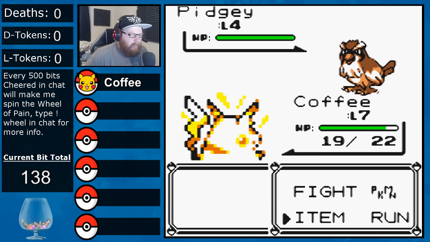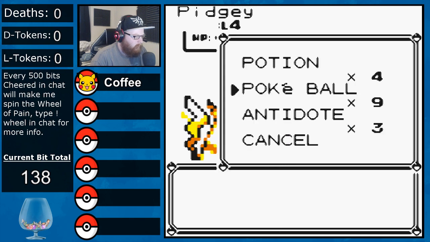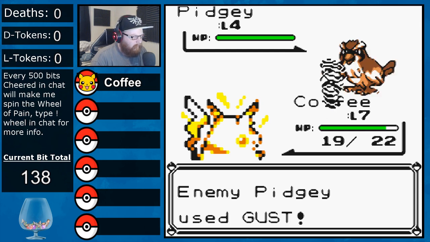This is the kind of tough thing about Yellow for a Nuzlocke: Thundershock is kind of strong. I'll try one more ball. If it doesn't catch it, we'll Thundershock it. If it dies, it dies. There's a million other places we can get Pidgeys, so...